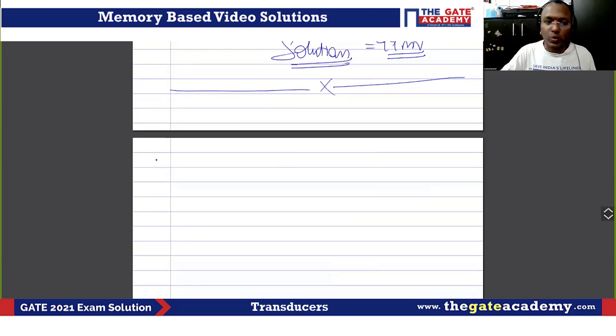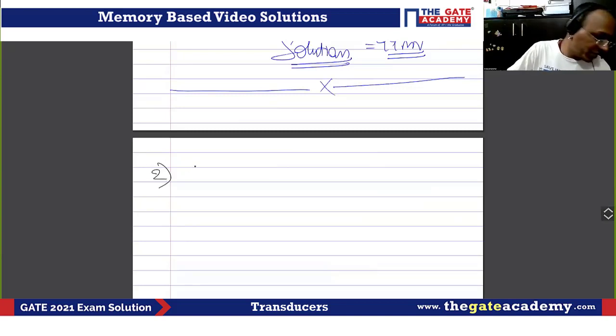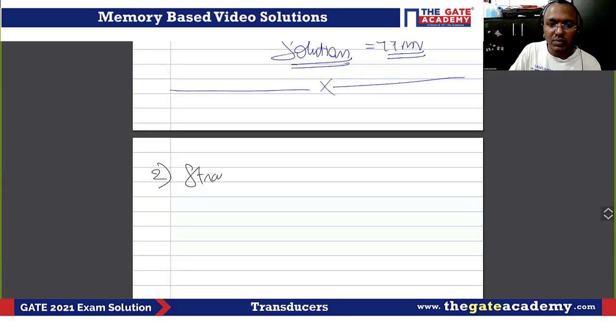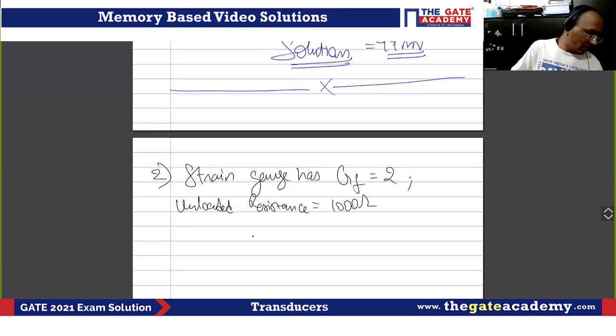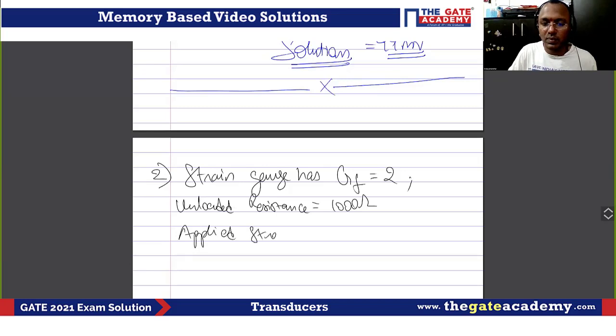So again, one more question from GATE, served hot, fresh. This is coming from the strain gauge. So very straightforward, direct question. A strain gauge has gauge factor of 2, unloaded resistance is 1000 ohms, applied strain is 100 micrometer per meter, find